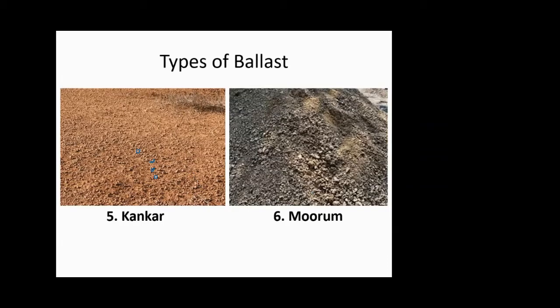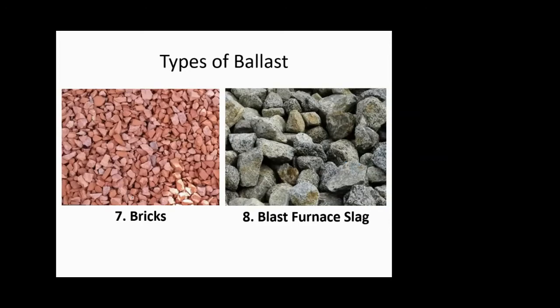Then you have murum. Murum is also one of the very abundant materials, easily available in many parts of India, mainly the central and southern parts. So there you can have this as a ballast, but again you have a mix of this murum plus coarse aggregates. Only murum will not provide proper drainage. As you can see, it is almost a well graded soil. It has fines as well as coarse. So if the fines are there and it is well graded, permeability will be an issue. So that is considered.